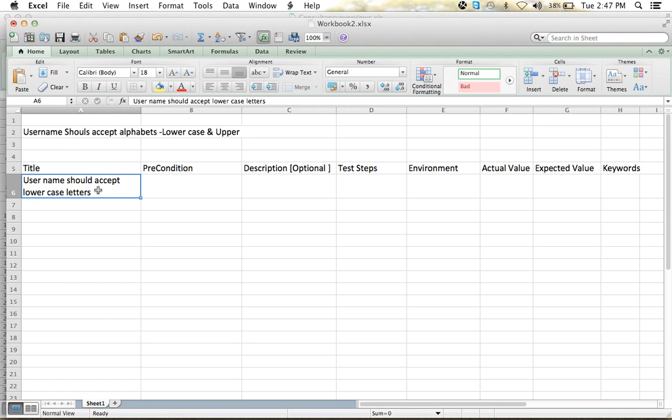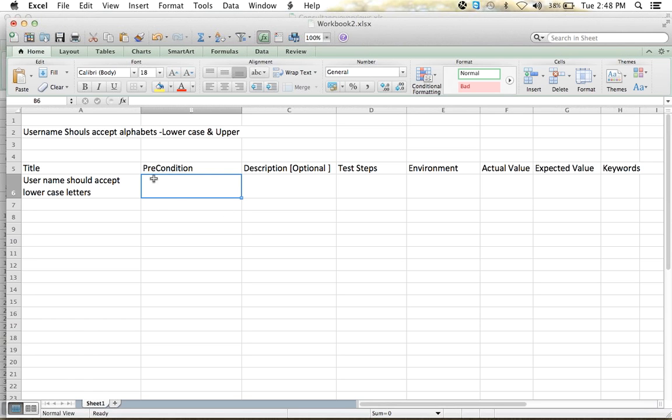Different people will have different cultures and different languages in their own countries. So if you use a simple English word, it will be very easy for all people to understand. Whenever you write a title or anything in a test case, maintain it in simple words and a small sentence. That will help all people understand it in a better way.